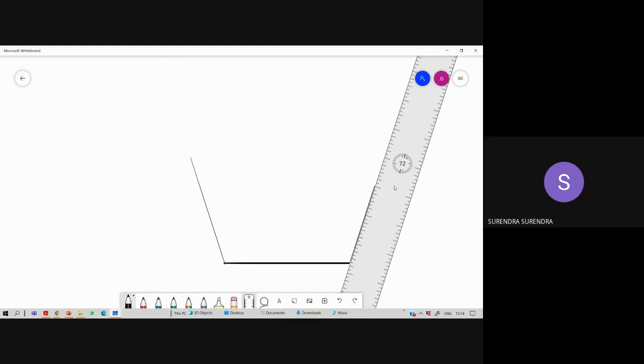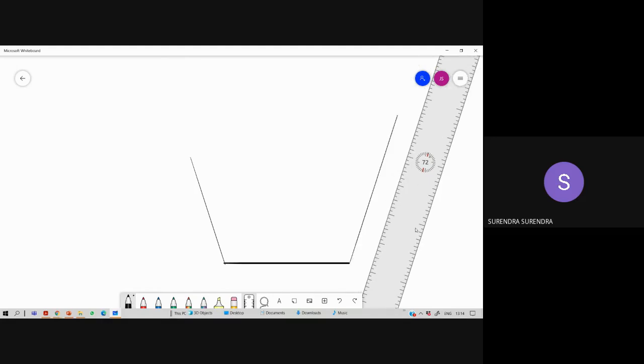Observe that I'm drawing using only a 2H pencil. Now take the compass. Actually, you can complete using 108 and 108 degrees again, but using a protractor may lead to slight errors while joining the last edge. Our main concept is that all the sides must be of equal length. A regular polygon means all the sides must be of equal length. So the best method is to take the compass and set the radius equal to 30 mm, the length of the side we require.